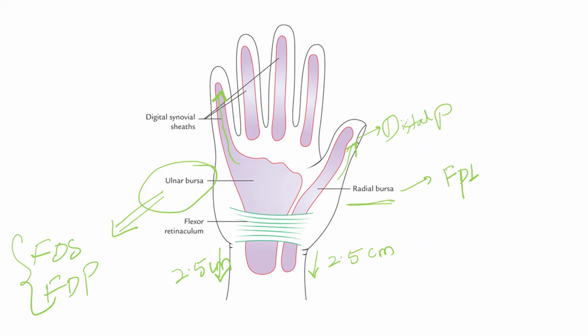So this is what is to be highlighted here. The ulnar bursa begins about 2.5 centimeter proximal to the flexor retinaculum. Along its distal end, it is carried along with the digital synovial sheath of the little finger, whereas it is detached or separated from the digital synovial sheath of the other fingers. So this is about the radial and the ulnar bursa, which also make up the content of the flexor retinaculum.